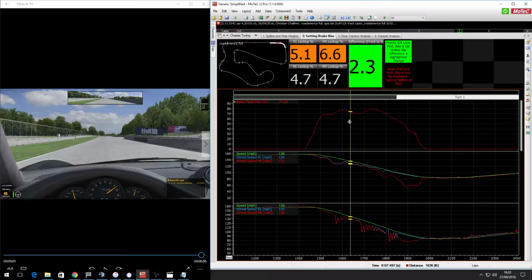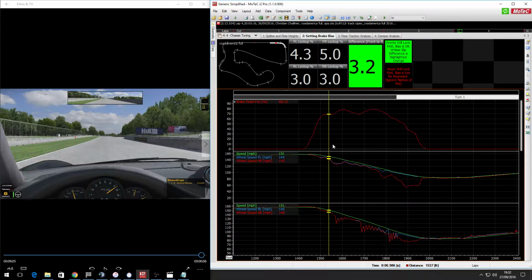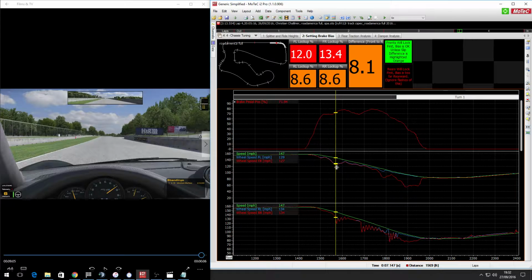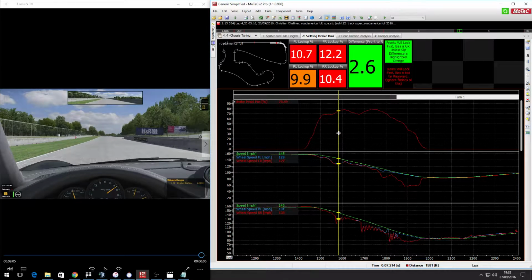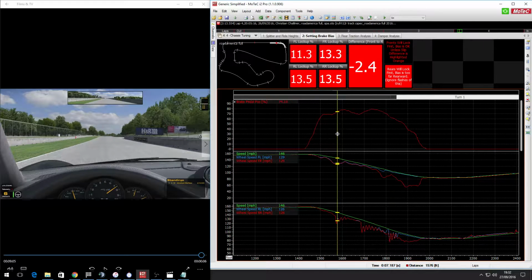But that's basically how you can see that you were reacting to the situation, whilst obviously seeing in the data that there was a lockup of both, indicating that you were either too heavy on the brakes or the brake bias is too much to the front. In this case, I think I was just too heavy on the brakes, and I made a poor downshift,